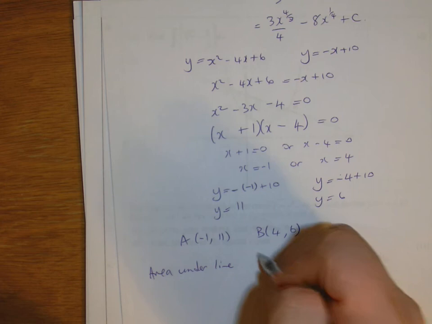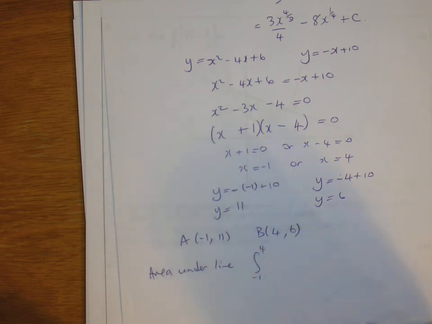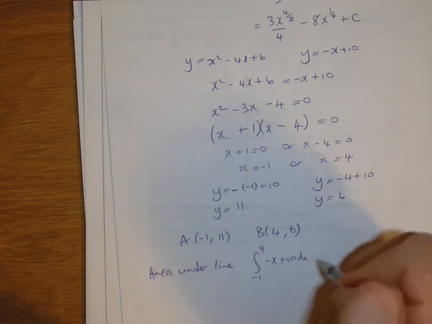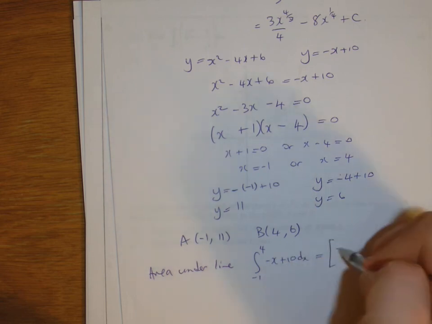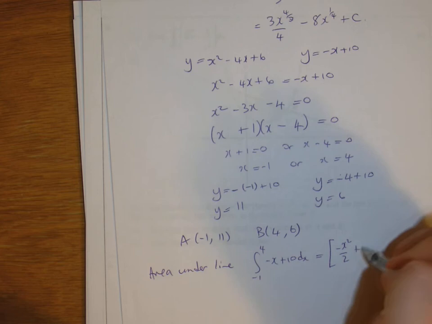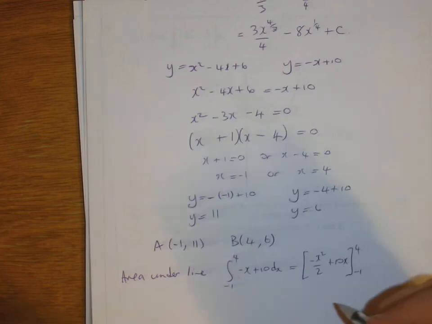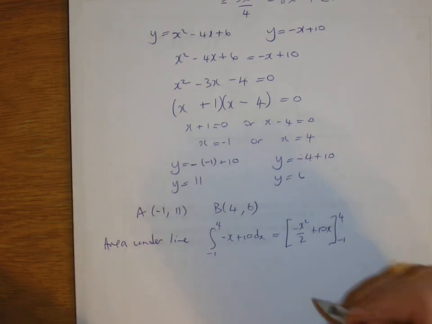That will be the integral from minus 1 to 4 of minus x plus 10, that's the line, with respect to x. When I integrate that, I get minus x squared upon 2 plus 10x between 4 and minus 1. So if I put that in, I get